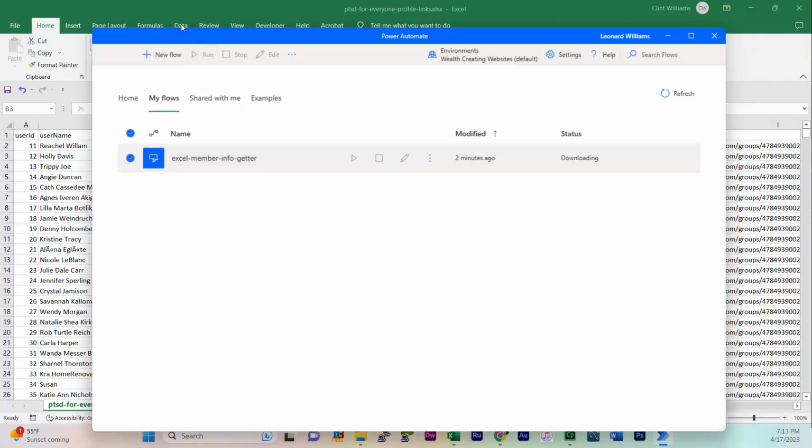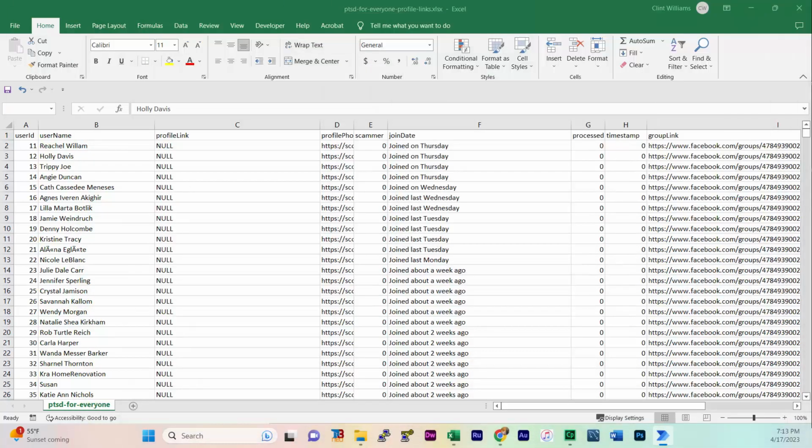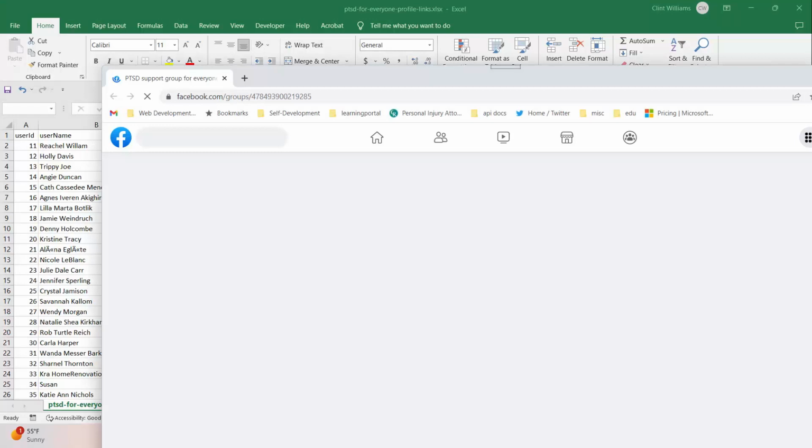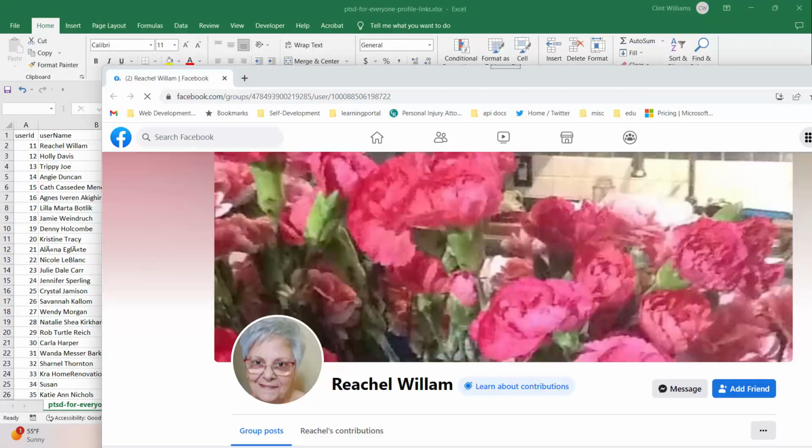So we'll start this up, and again, it's going to take a second to read the contents of the Excel spreadsheet, and then once it starts loading the web pages, it'll start going fast, and I'm going to see how far Facebook will let me go before Facebook cuts me off for excessive activity. Okay, so now it should be going fast. This is the page that first loads, goes to the next guy, Rachel William,